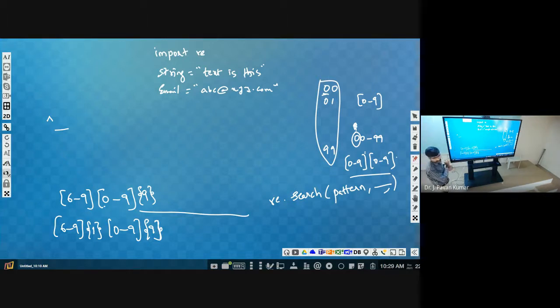Suppose it is starting with T, then cap T means it will start with T, then only it is valid. Suppose it starts with some other letter, automatically it is not valid.